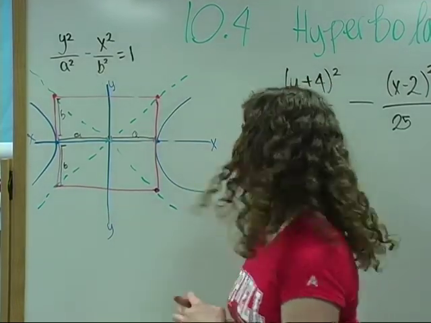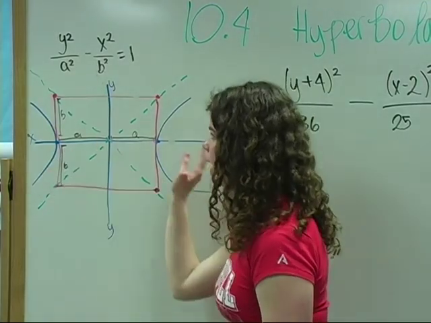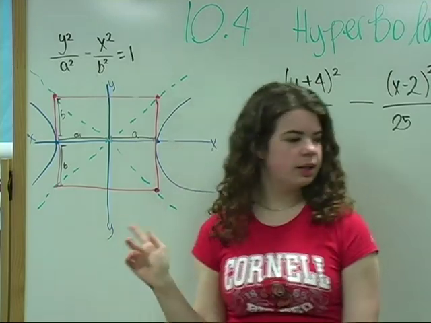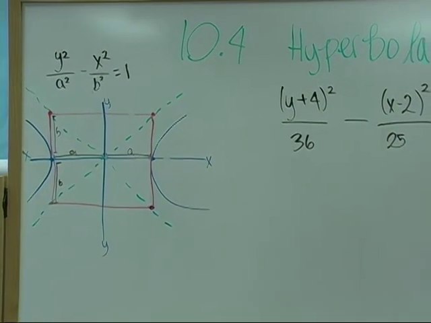So on this map of our hyperbola, we have an x value and a y value. We have a transverse axis and we have another axis, which is called the